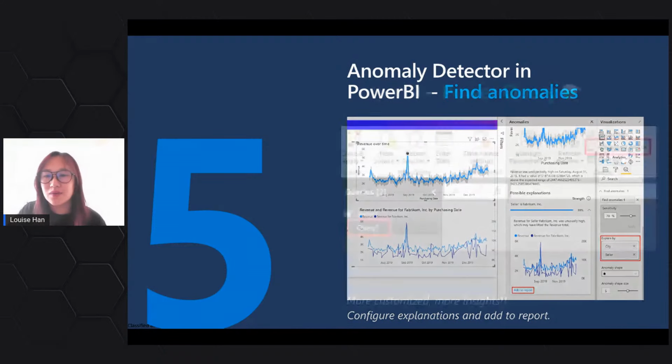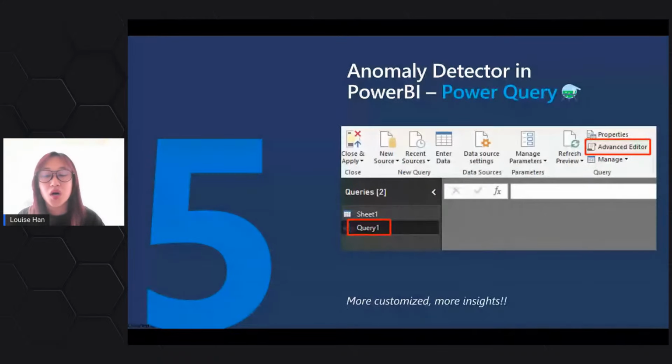Okay, so this is the first way, and the second way is more powerful. You can use the Power Query in Power BI, which is located in the advanced editor here. You can click that and add a new query for it. With this new query, you can write something like calling this univariate anomaly detection API and get the results, and also get more details like the upper margin, lower margin, and whether it is a positive anomaly or